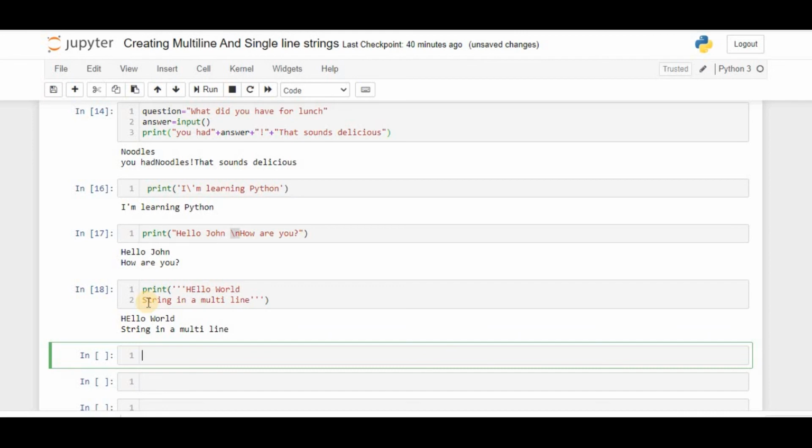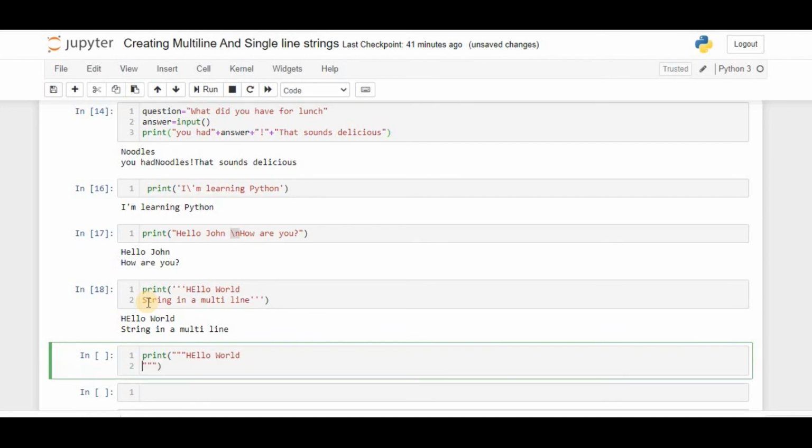If you do the same thing with double quotes, it will not work. Python is going to throw an error, so I'm showing it for you: hello world, and here I'm going to press enter, using double quotes.